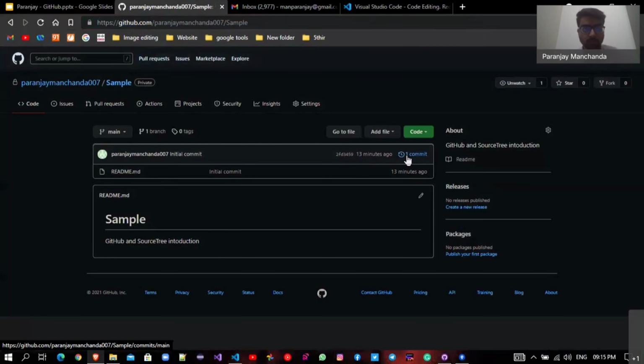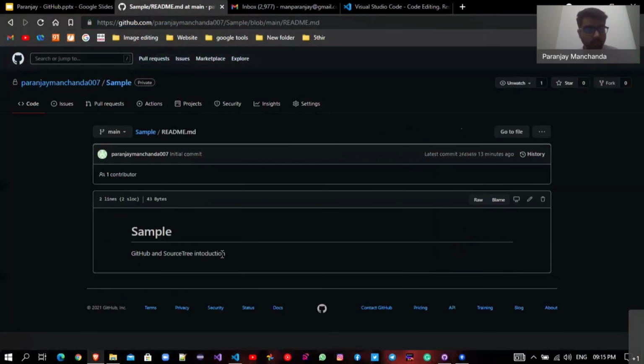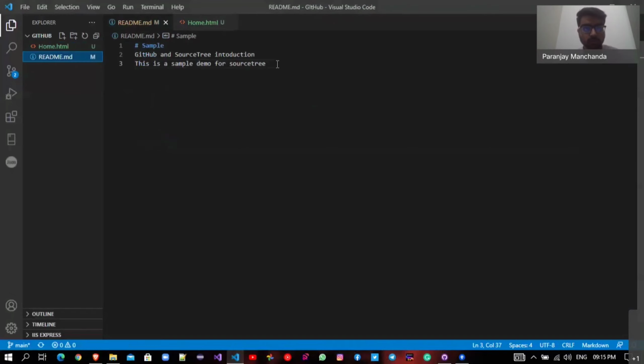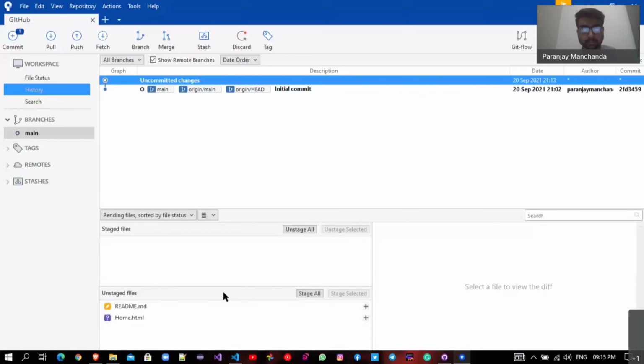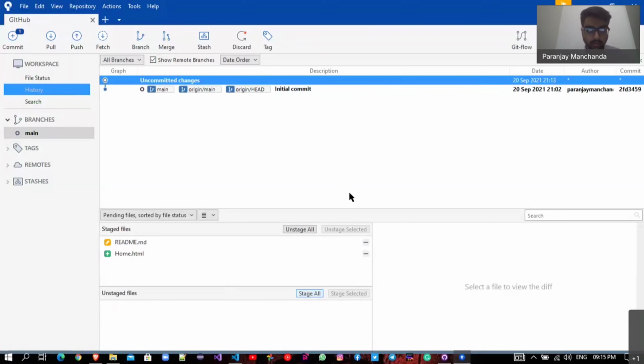So we can open that README file and it's showing just this thing. But we have made some changes in the README file, as we can see, I have added this line also. So we have to commit these changes to be available to everyone on the cloud. How will we do that? We will first have to stage all these files. Staging a file means it is ready to upload or to commit. And here we stage all the files we want to add in